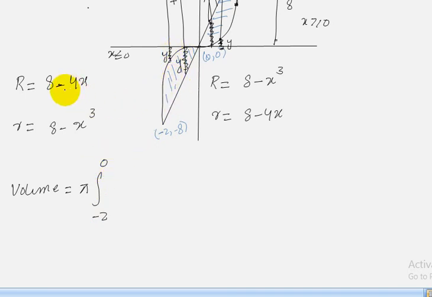Our outer radius is 8 minus 4x, 8 minus 4x square, and inner radius is 8 minus x cube whole square, dx,